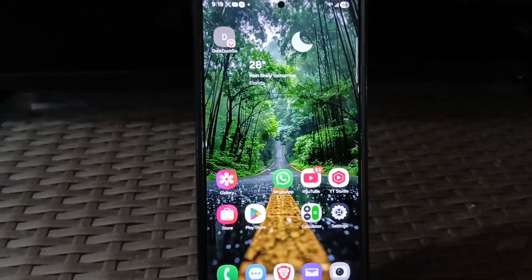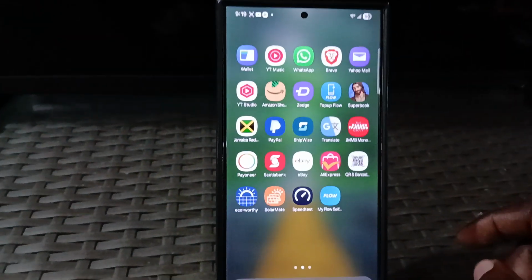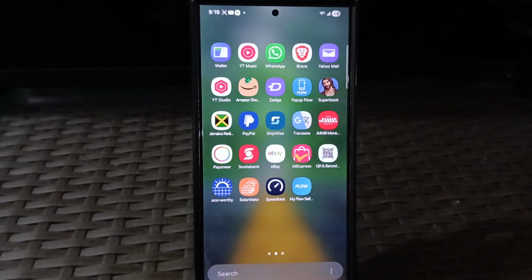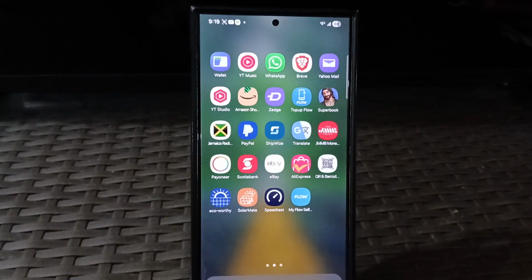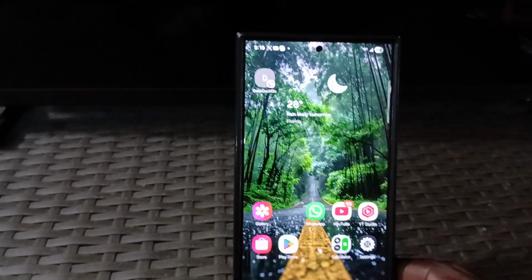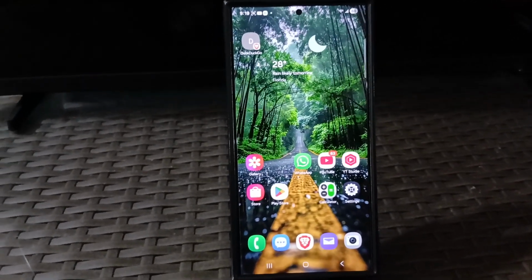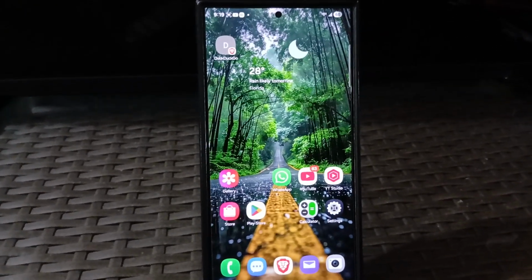This can happen to just about any Samsung device, including the S series, the A series, you name it. It can happen to just about any phone. I'm going to show you how to deal with it in case you're seeing this happen on your device. The first thing you want to do, if this is happening to your phone, is to